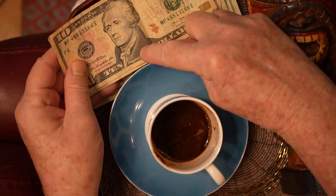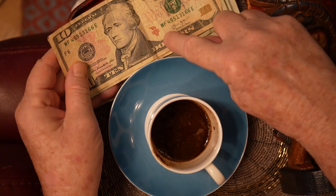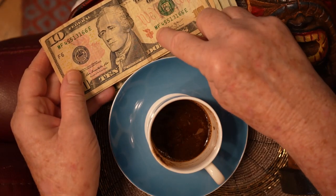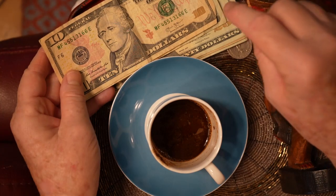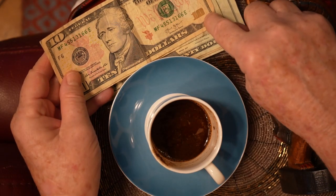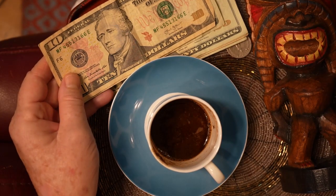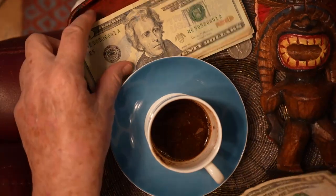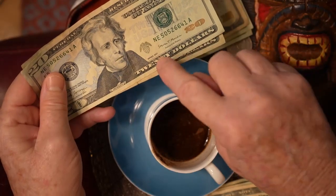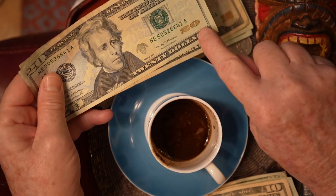This is Hamilton, and on Hamilton's bill there's the Statue of Liberty, the flame, and it's in a kind of copper shiny ink, embossed even, and over here is the 10. These are to foil the counterfeiters, and the $20 bill also has the shiny, kind of greeny shiny embossment, and the gold